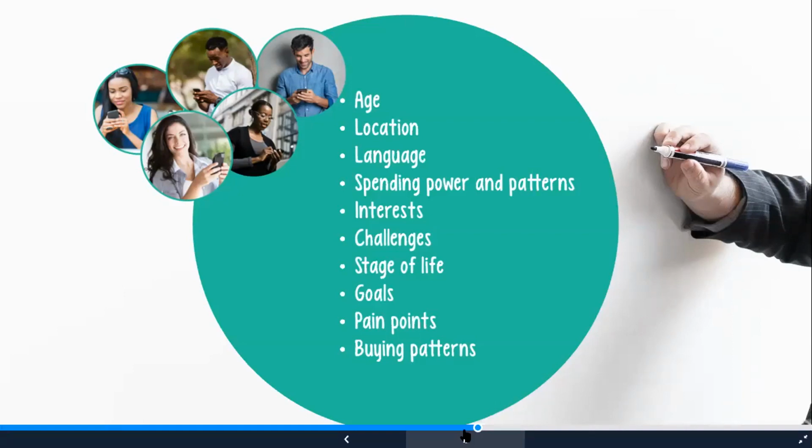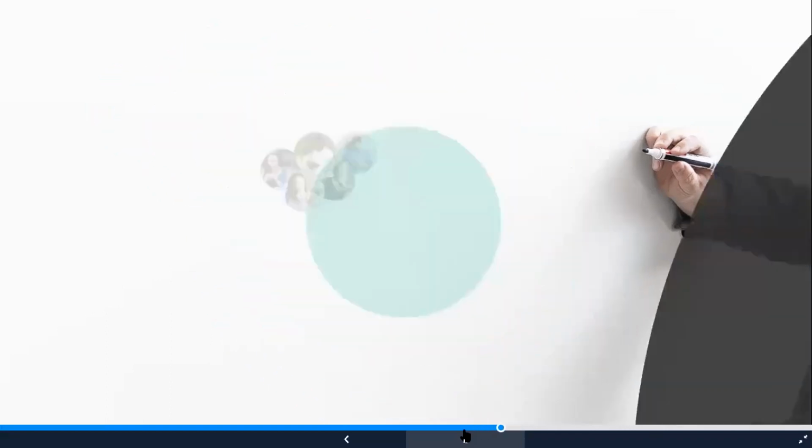How should I communicate with them? What is the tone of voice that I should use? What are the pain points that I could address? And then most importantly, where do they live on the internet? Once you've built your customer persona, it's far easier for you to make that decision to decide where will I approach my customer on the internet and how will I approach them.